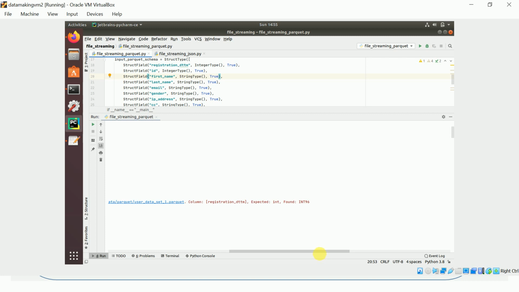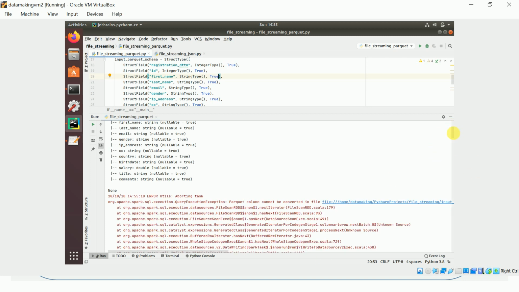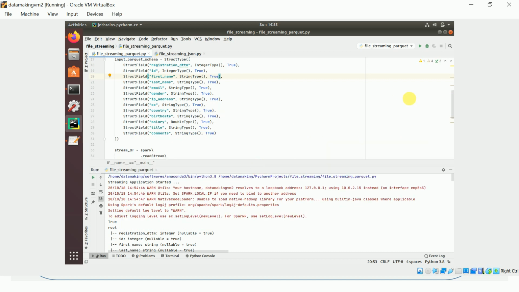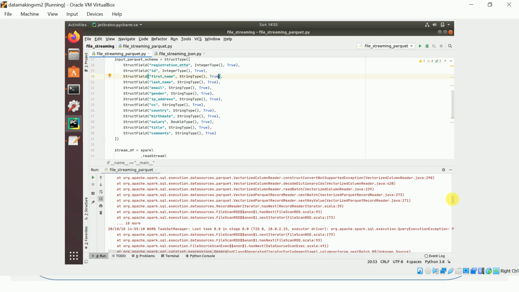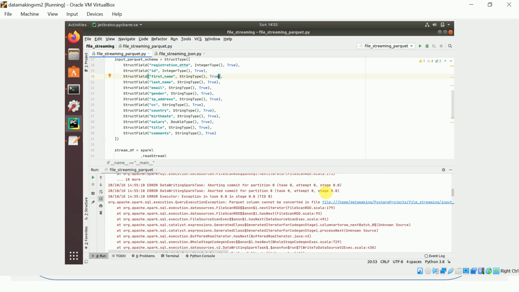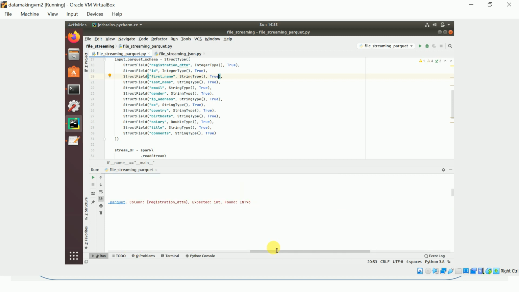Column is integer and found in index. Okay, so what I will do is, there is one more property. Okay, we'll try to. It says int 96. It's not able to convert: initially we gave a string, but it's not able to convert from int 90. It actually inferred that as int 96.